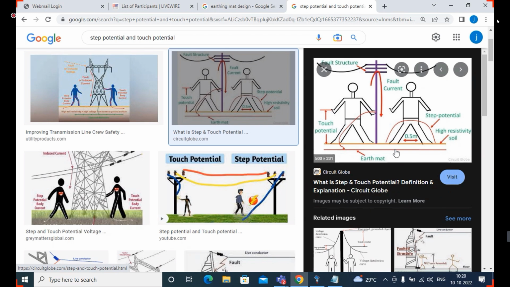Why? Because they won't touch that electric wire, but they will feel the shock.